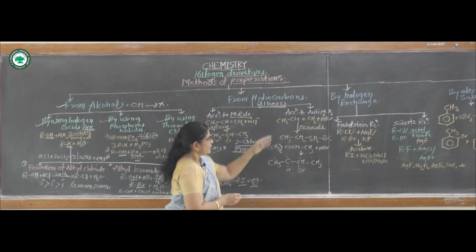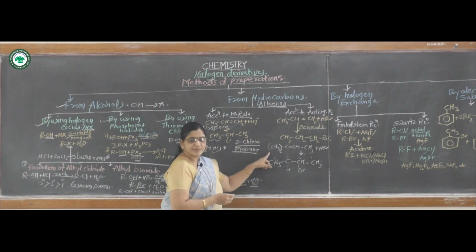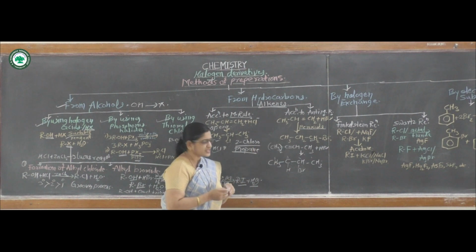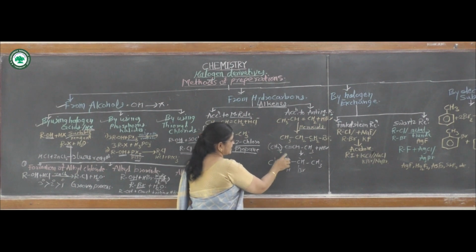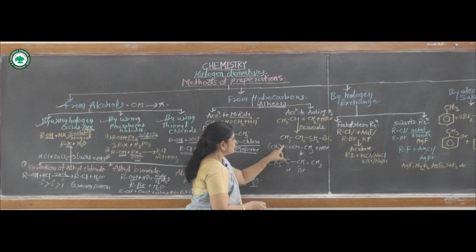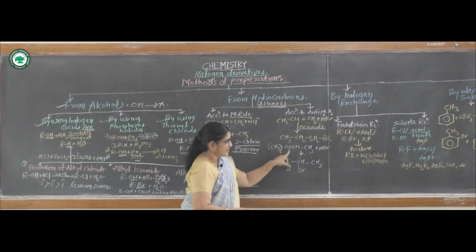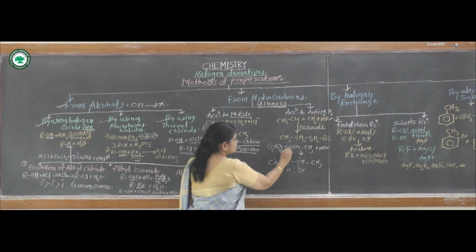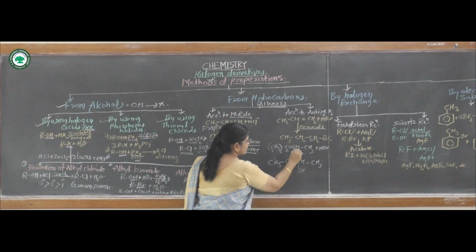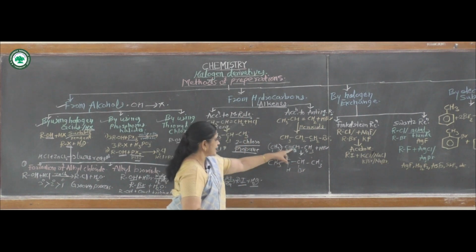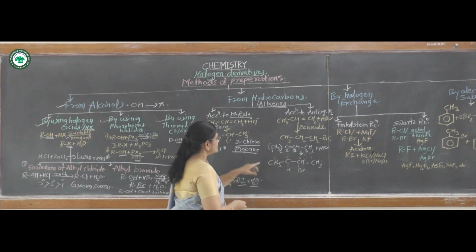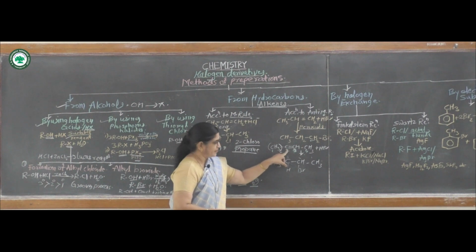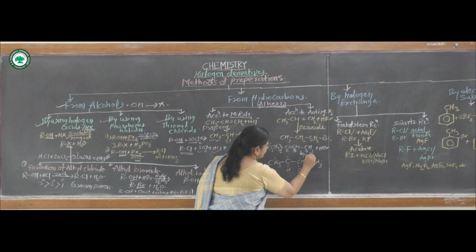Suppose another example of anti-Markovnikov's rule, in presence of peroxide. On the second carbon atom, a methyl group is attached. The name of this alkene is 2-methyl-but-2-ene, because it contains in straight line 4 carbon atoms. It is a derivative of butene. It contains a carbon-carbon double bond between the second and third carbon atoms. Hence the name of this compound is 2-methyl-but-2-ene.